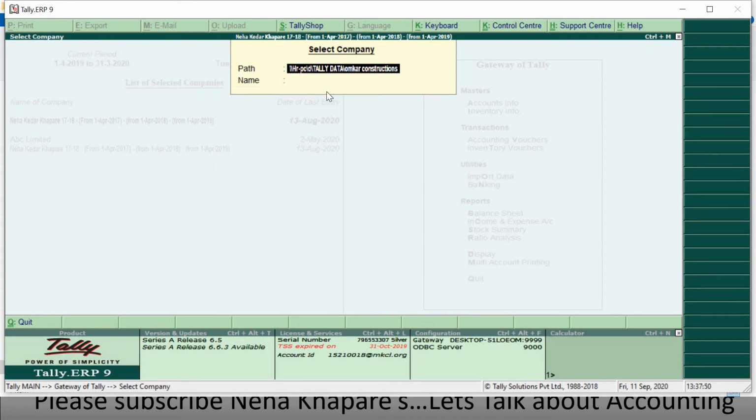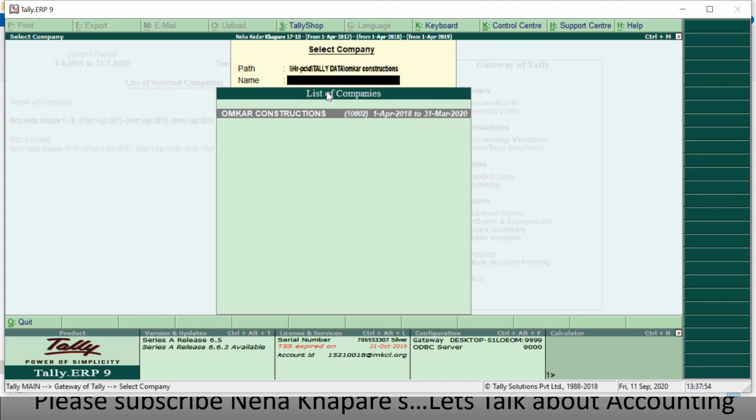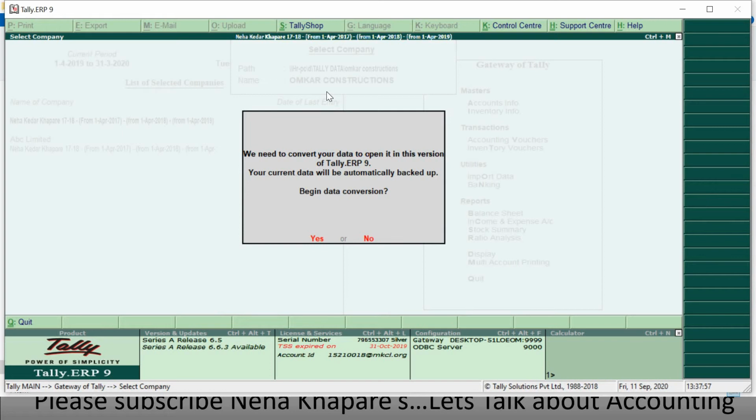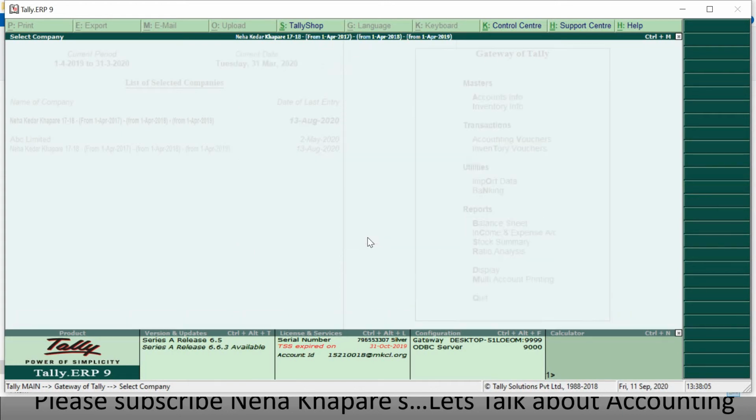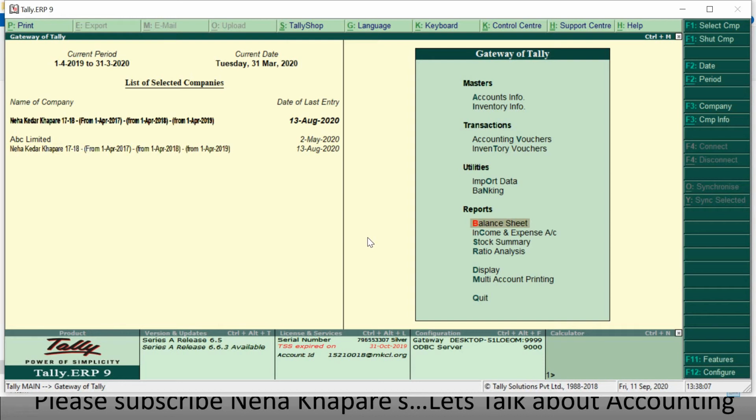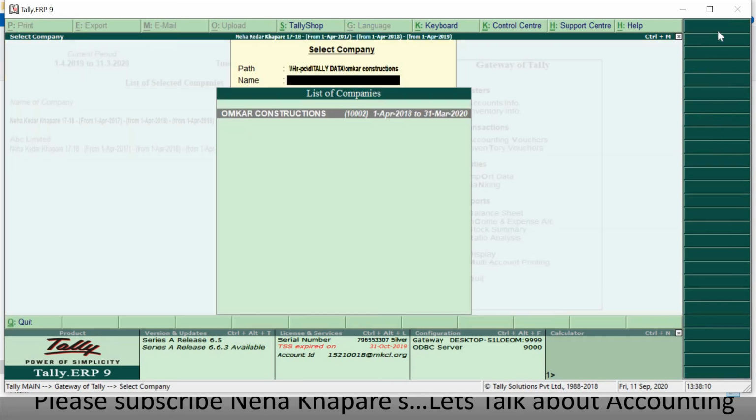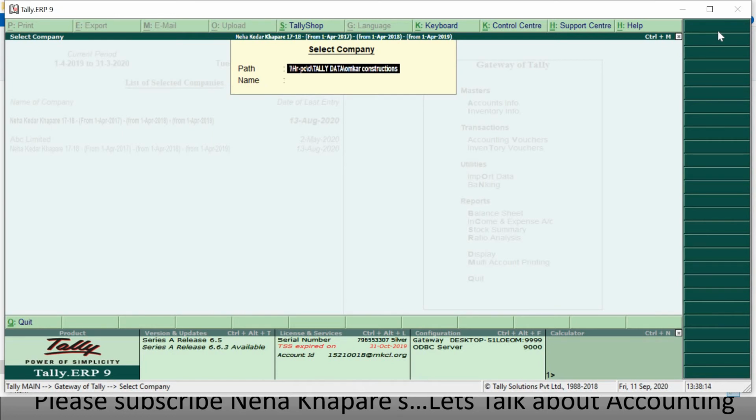I have pressed Ctrl plus Alt plus V, which means paste the company, and I will press enter. So they are asking me something, that we need to convert your data to open it in this version of Tally ERP 9. I would like to explain it again. Once I come to the Gateway of Tally, I have to select the company and press Ctrl plus Alt plus R. You don't have to press Ctrl plus Alt plus V, which is the paste option.